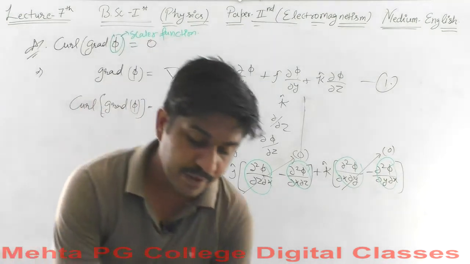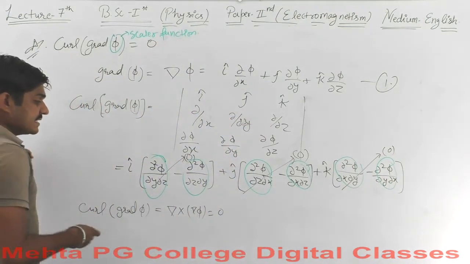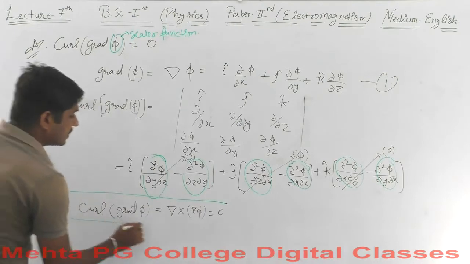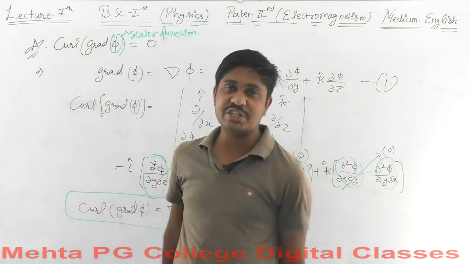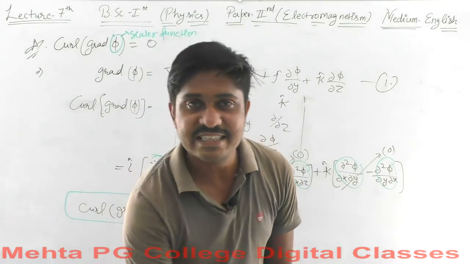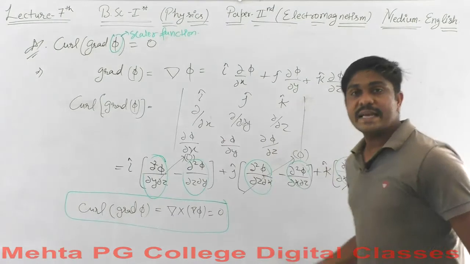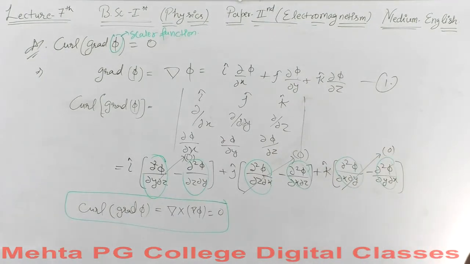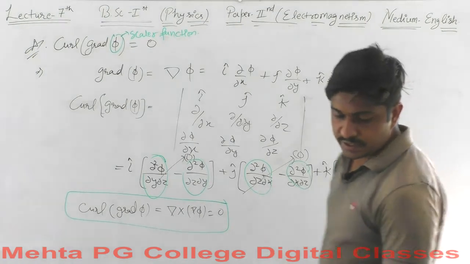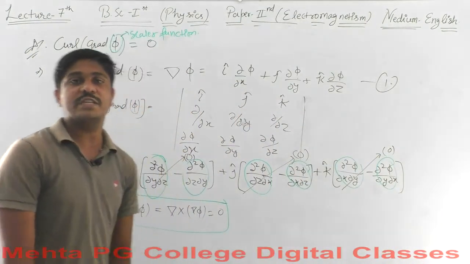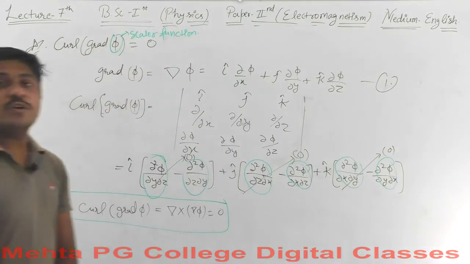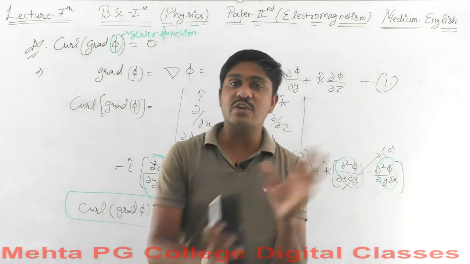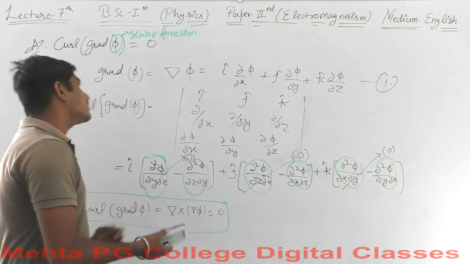This is a vector identity, or you can say this is a vector calculus identity. You can take a screenshot for your reference, then we will proceed further with the new identity. I hope you are done with the screenshot, so let's proceed further with the new identity. This is the curl of the gradient of a function. So the next identity will be the divergence of the curl of a vector field. So what it will be, let's find out.